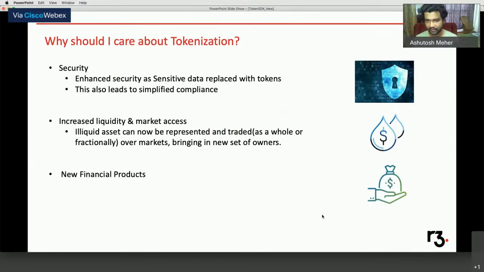So yeah, that's a pretty high level overview of how tokenization could help. There are a lot of other things that it could do, but just to give you an idea. So moving on,